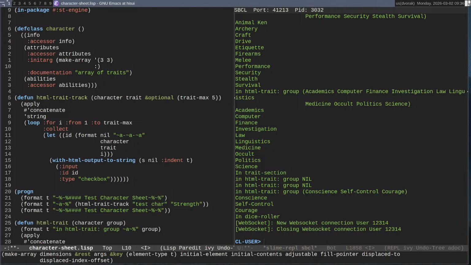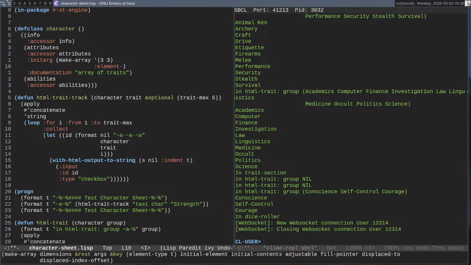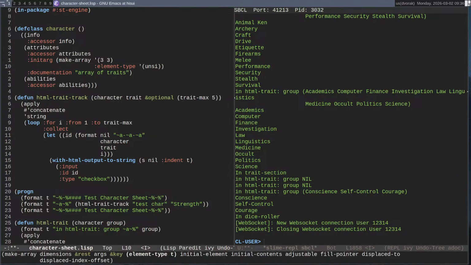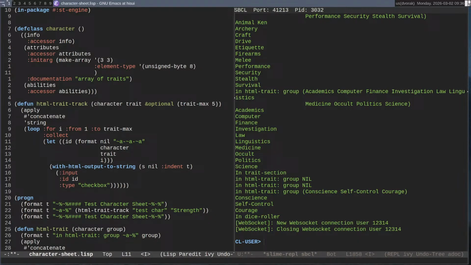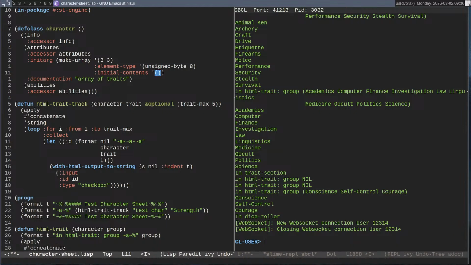So here we need initial element type. And this is going to be unsigned-byte 8. And then we will have initial contents. And I know what this is.